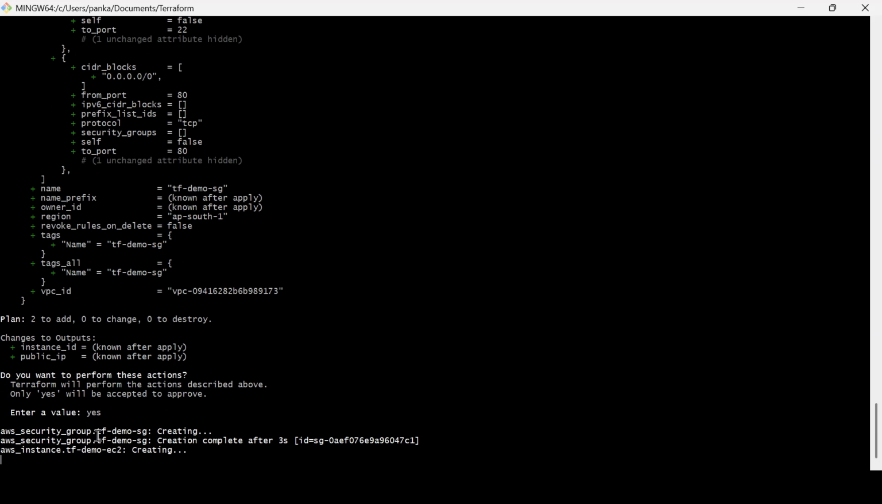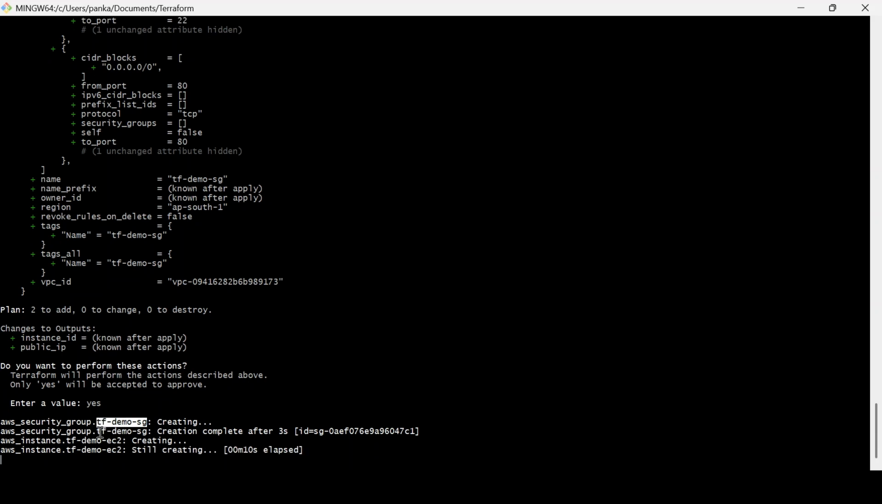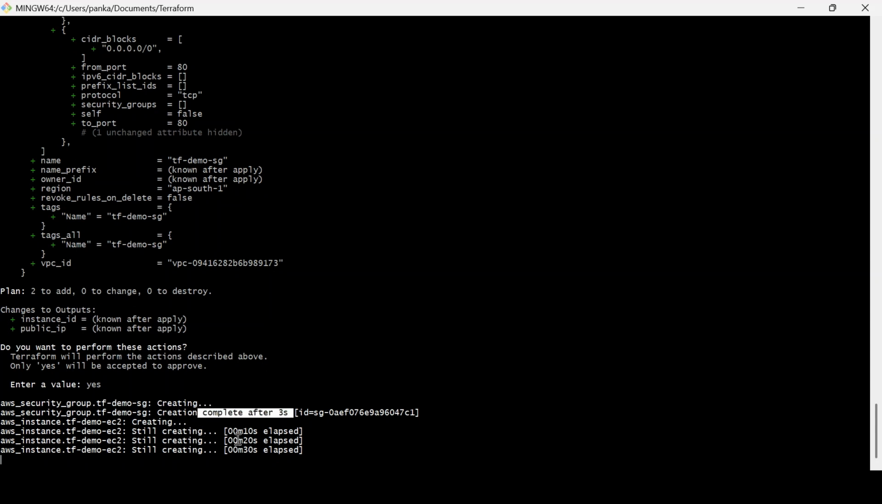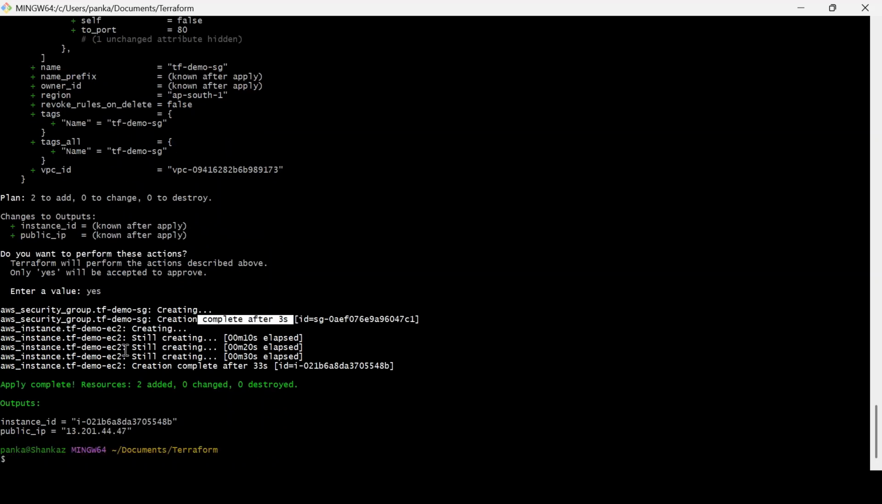It started creating the SG, and this was the second resource. I told you, this doesn't follow the sequence. It actually follows what requires the other resource to be created. So it considered the SG for the creation first. It now started creating, and see, in 3 seconds it's created the SG, and in a few seconds you'll have the EC2